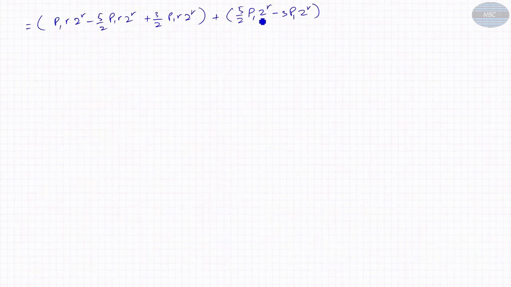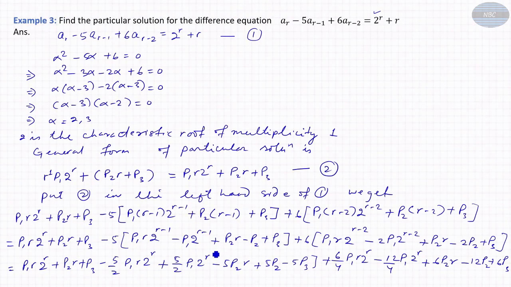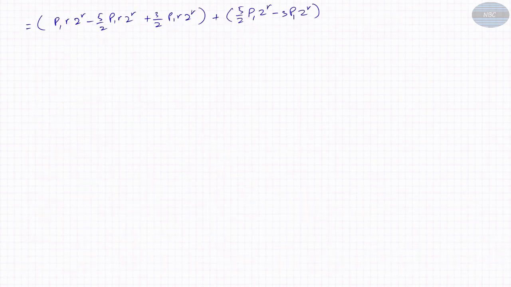5 by 2 p1 to the power r minus 3 p1 to the power r. Okay, so this one is 5 by 2 p1 to the power r, this term, and this one is 3 p1 to the power r, that is minus 3 p1 to the power r, this term. Okay, next